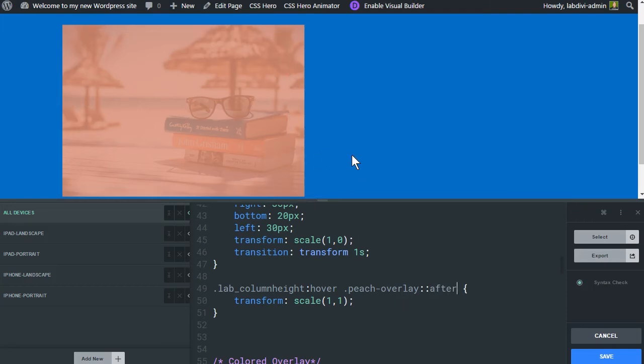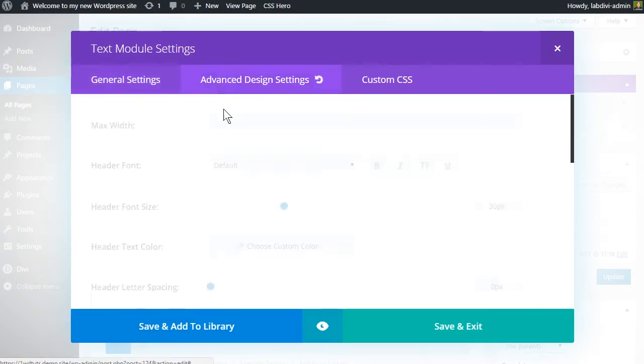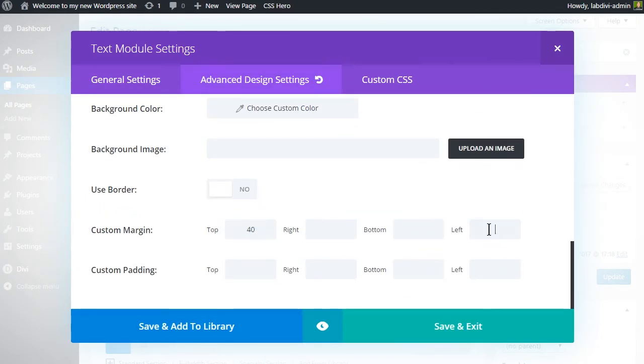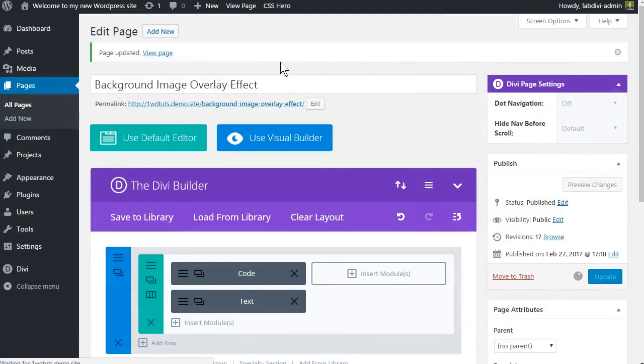Now onto the text inside our column. Insert a text module, add some content and a little styling. And give the text module a custom CSS class of peach overlay text. Save and exit, update the page,